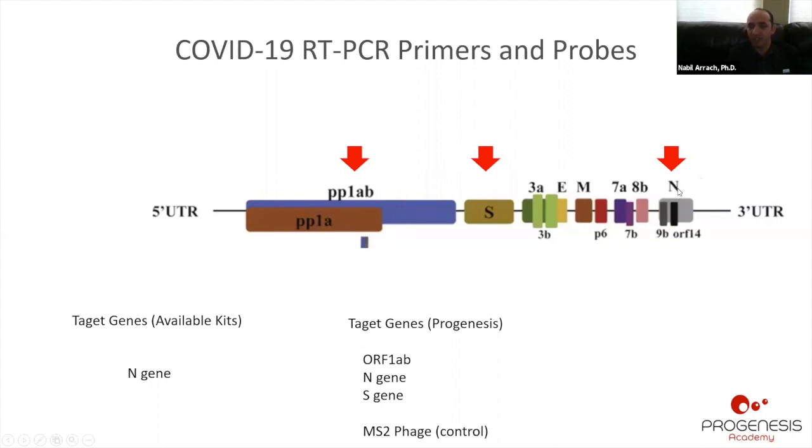And those primers that are designed for N proteins are the ones that were originally approved and recommended by CDC. Down the road, we have seen companies bringing diagnostic tests targeting more than one protein. For example, the test that we provide at Progenesis is targeting open reading frame AB, N gene, and S gene. You can see three targets